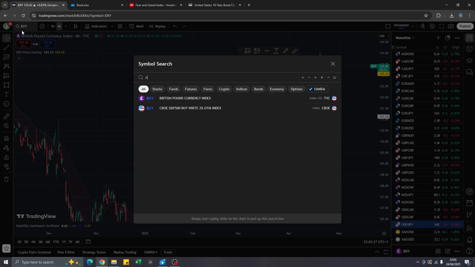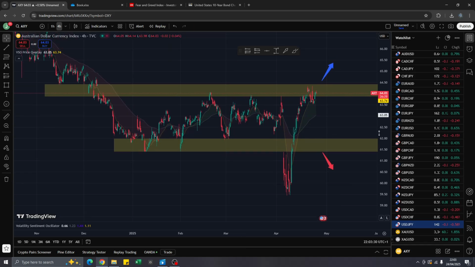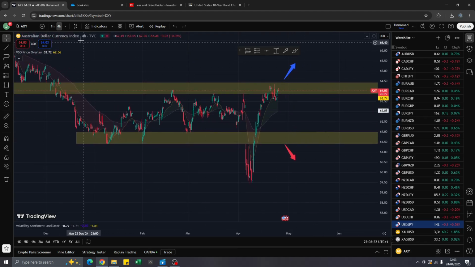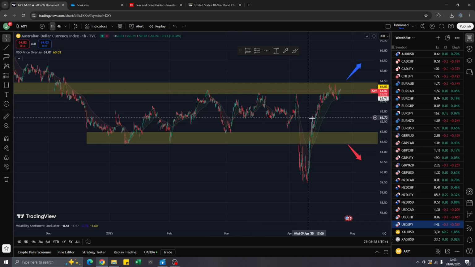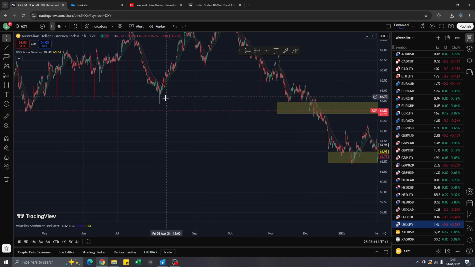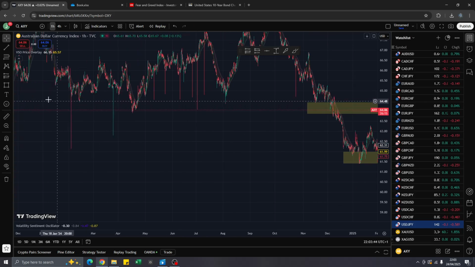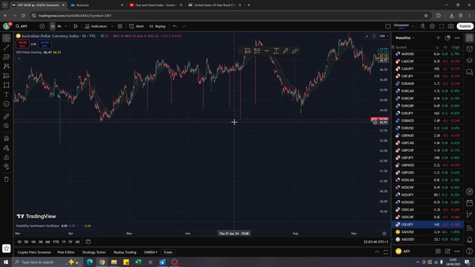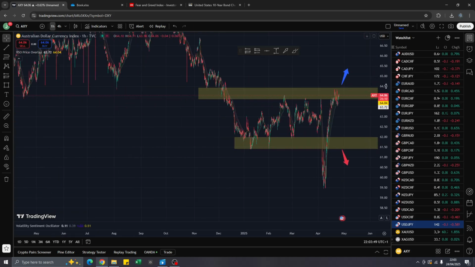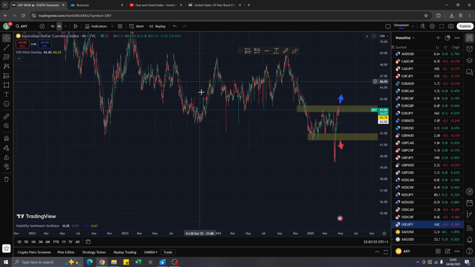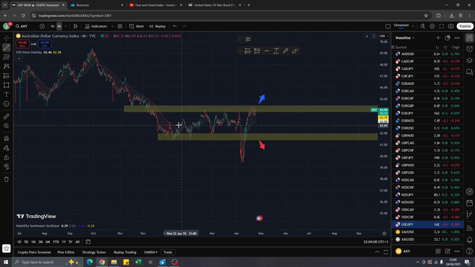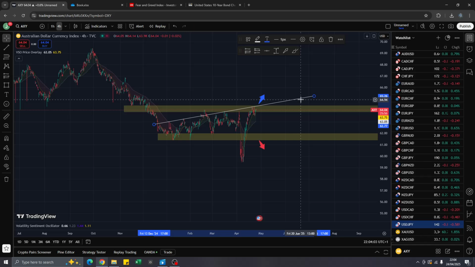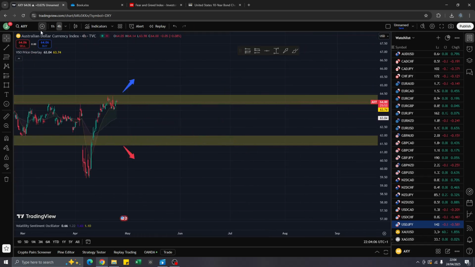What's after that? The AXY. So we're ranging on the XY. I've actually drawn this preemptively. We're actually bullish on the 1 hour, but this is a strong level. 1, 2, 3, 4, 5, potentially 6, 7, 8, 9, 10, 11. The amount of times it's bounced off this recently. If we go to the 4 hour, it seems we've gone from one big range that was slightly going upwards. We drop down, we're doing a small range, which could be slightly going upwards as well. We're yet to see. So waiting for a breakout.